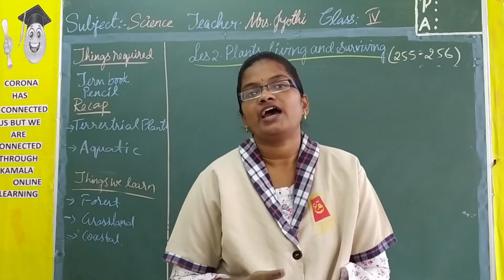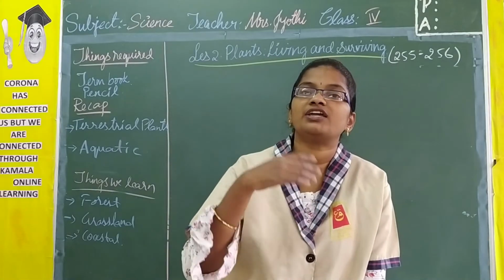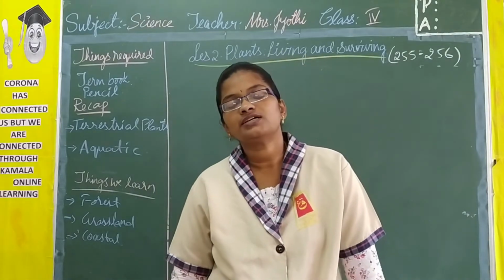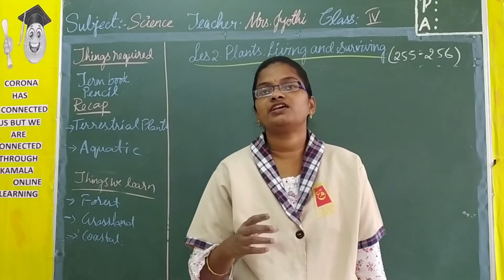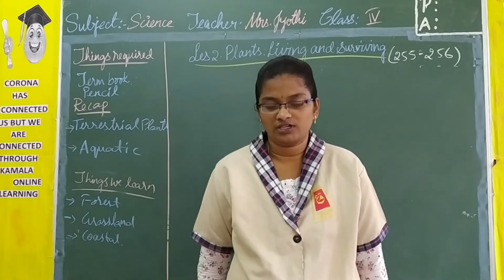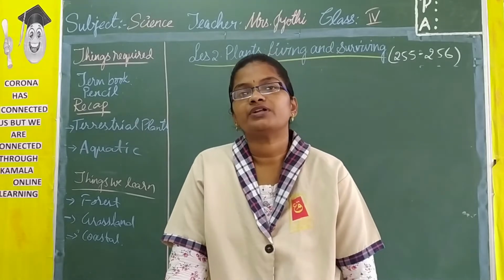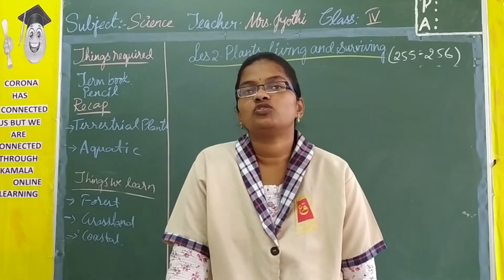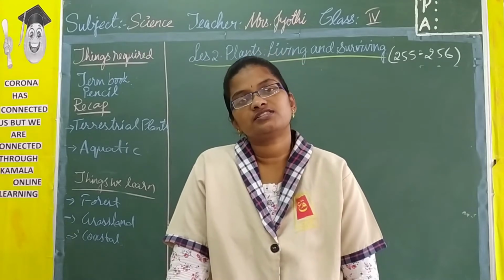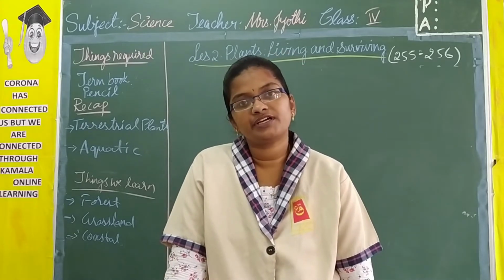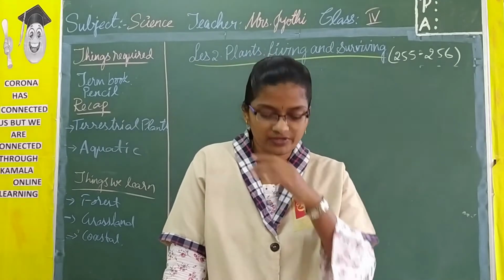and they shed their leaves during the winter season and again new leaves come during the summer season. The next one is evergreen trees, where they receive so much heavy rainfall. Examples of these are teak and rubber. These plants do not shed their leaves and remain completely green throughout the year. That's why they are also called evergreen trees. Now this is the previous session what we have learned.